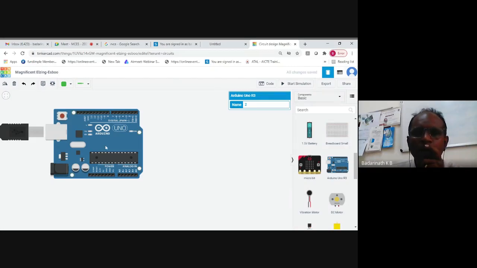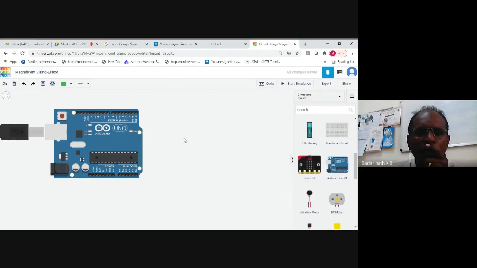Now you can give a name for this Arduino Uno board. For example, I can just specify the name I want for this board. Say Uno 1 or something. I can give whatever name I require. Even if you have many Uno boards, you can always specify which Uno board you want to refer to. Since many projects will have multiple Uno boards, it is required to give a name properly. So I've just taken a Uno board and given a name for it.